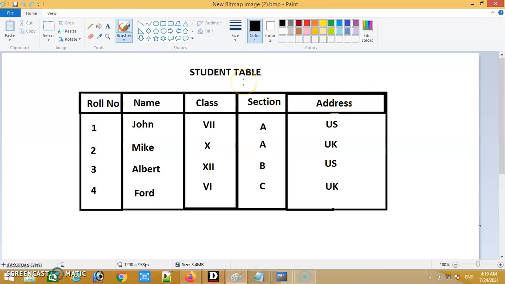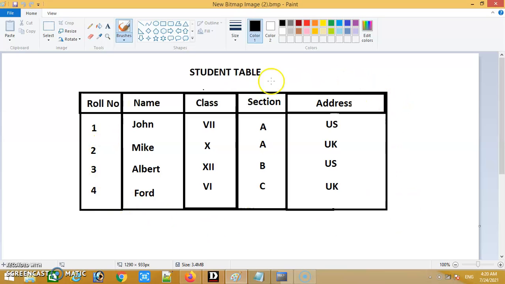A table is a combination of rows and columns, which is basically a basic unit of database in which we can store data or information about a certain entity. Student is an entity or object. About the student, what information can we store in our table, that is the student table? In the student table we can store the student roll number, student name, class, section and address. This is called a table.